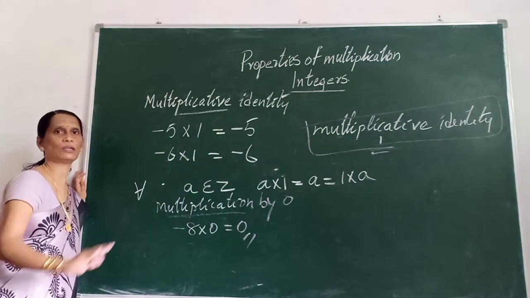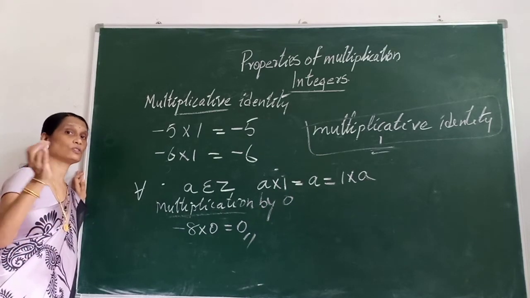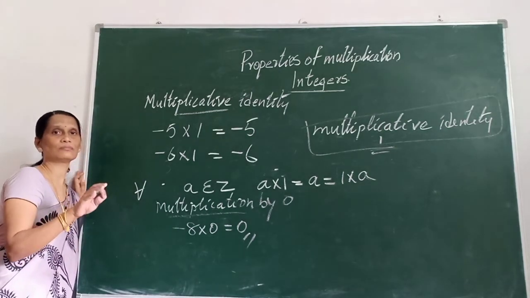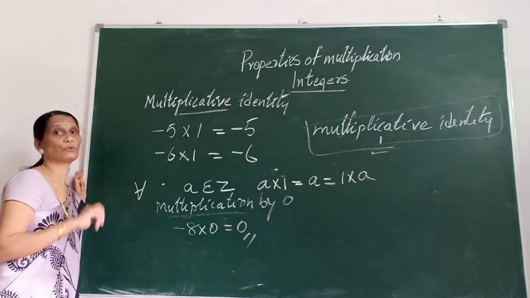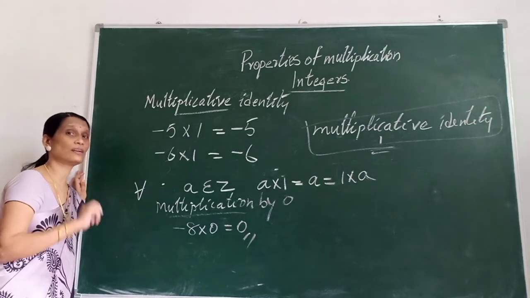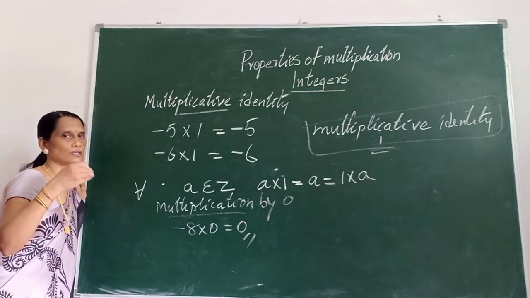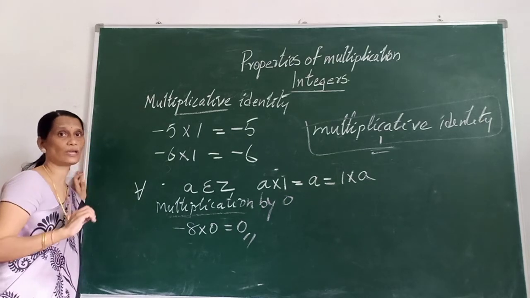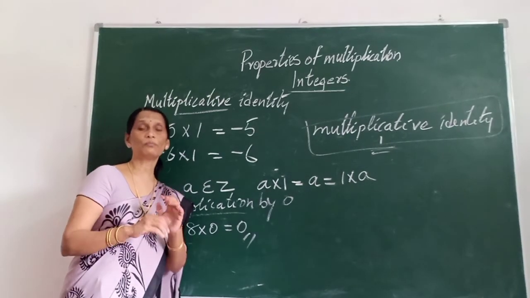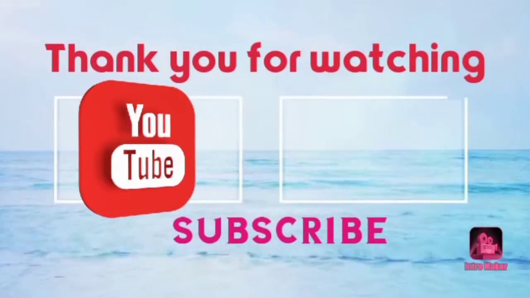Like that, we learned distributive means giving one number to the other two numbers. Next we learned the associative property: when the bracket changes, we get the same answer. We also learned the commutative property: changing the order, the product does not change. And also we learned the closure property: when we multiply two integers, we again get an integer. The product is also an integer. So these are the properties of integers under multiplication. In the next video we will learn about subtraction. Okay.